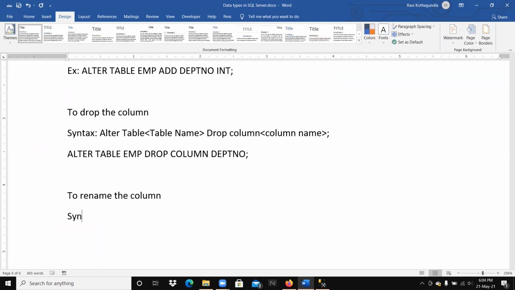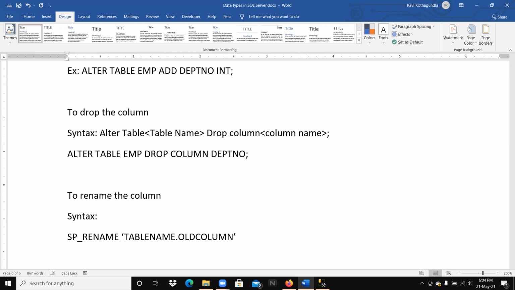I'm telling the syntax. So sp underscore rename, and we need to give a single quote, not a double quote. What is my table name? Here, table name dot old column,